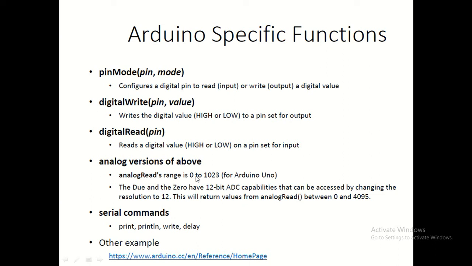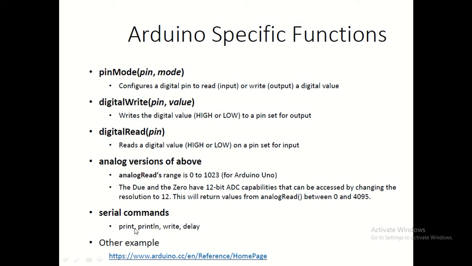So whenever you want to read any analog signal, you must interface that signal to A0, A1, A2, A3. The name A0 represents the A to D converter, so there you have to connect it. The keyword is analogRead, the name of the function with which you read the pin. And serial communication, I will explain in the demonstration program.